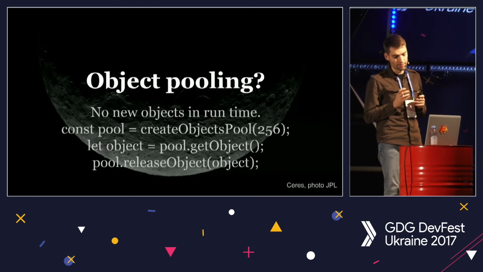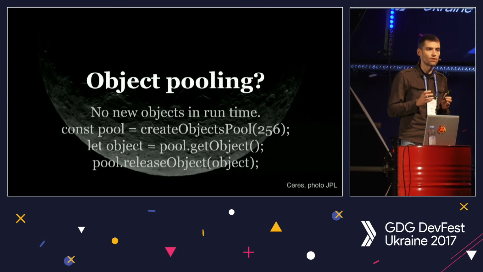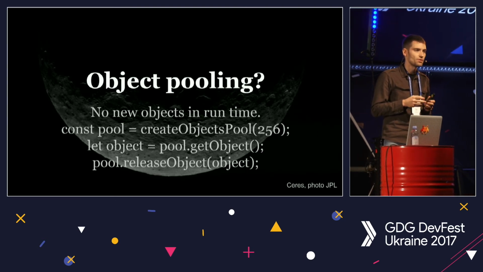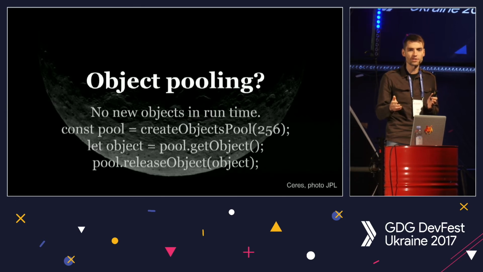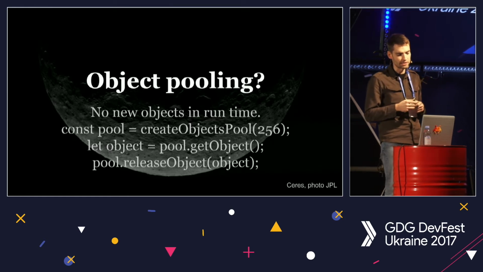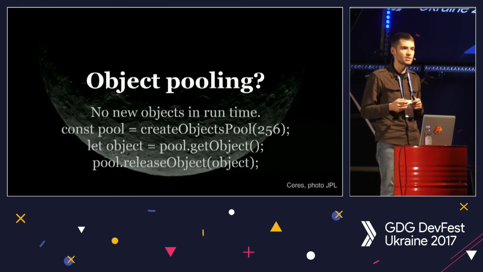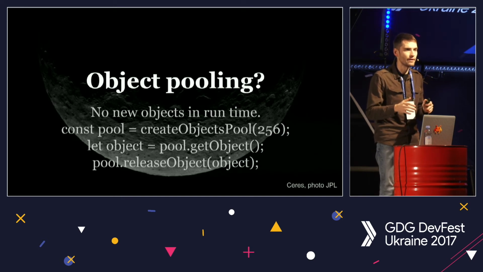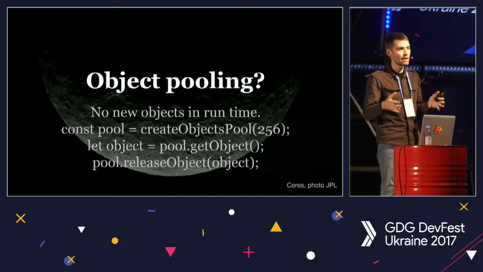So the thing is that you create object pool, like you need 200 objects of class persona or whatever. So you initially assume, okay, I will need 200 personas in my application. Let me initialize 200 personas to avoid initialization in runtime, to avoid garbage collection and initialization, which is pretty expensive. Then you can get persona from the pool. When you don't need it, release it back and reuse it next time. So all time your application works, there is only 200 personas there. So it's the closest, as I said, to static memory allocation.